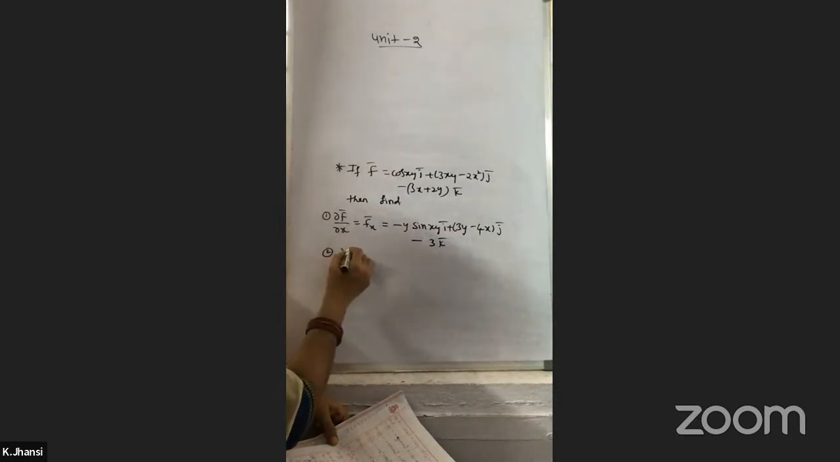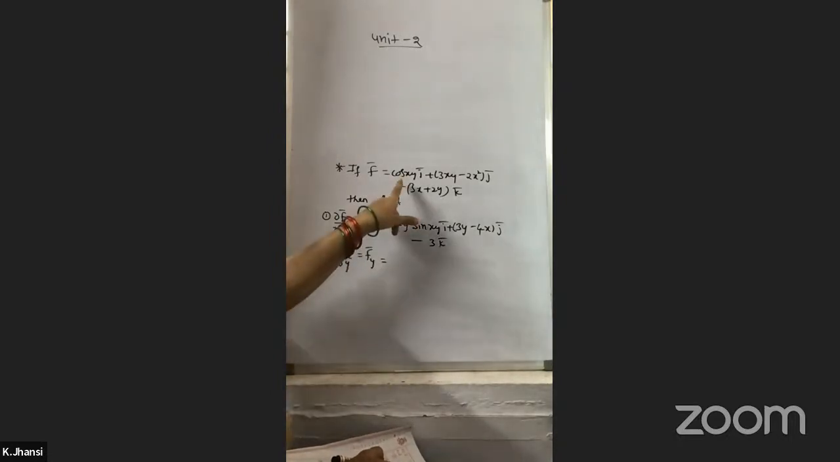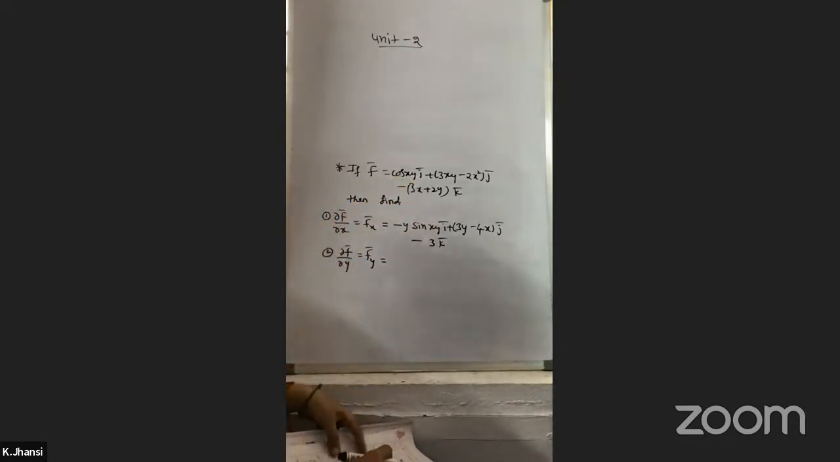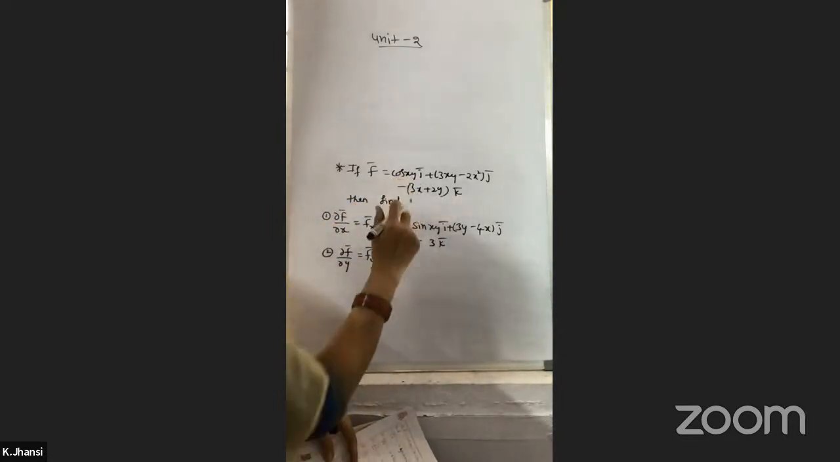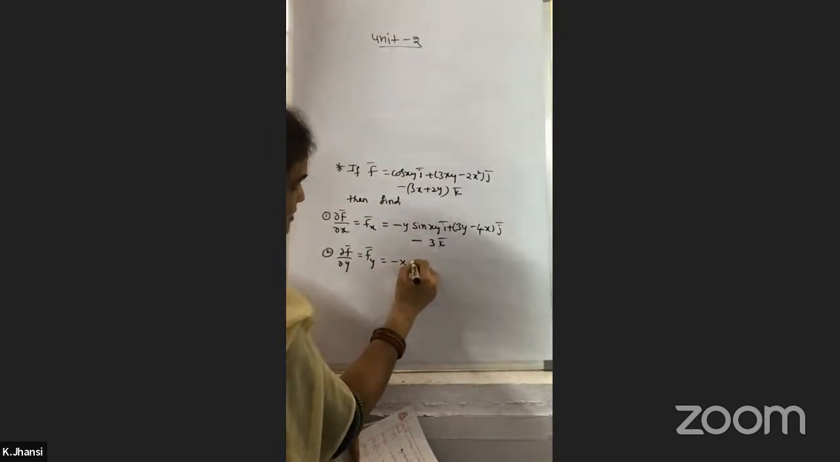Next, with respect to dou f by dou y. Okay. So this is f with respect to y, that means we have to do partial differentiation with respect to y here. So cos xy means it will become, y differentiation is 1. So x will be there here. So minus x sin xy